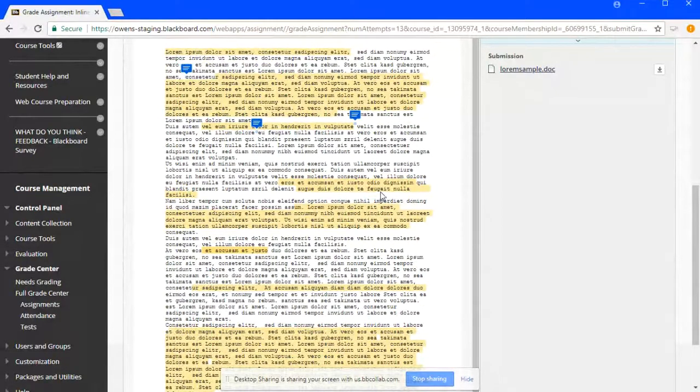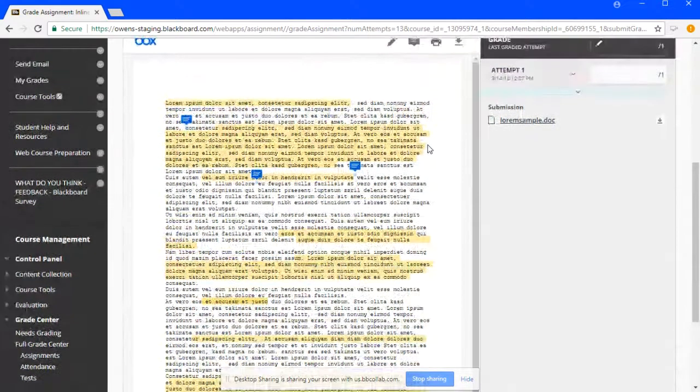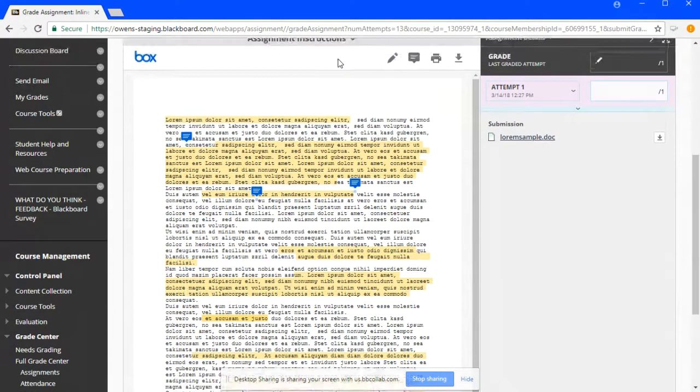So for those of you that are used to using Crocodoc, you will no longer see the line or the bubbles on the right-hand side or the left-hand side in making those annotations. You'll more than likely see this view here. If you experience any issues with it, we encourage you to let us know right away so we can try to work with you and make sure everything is functional.